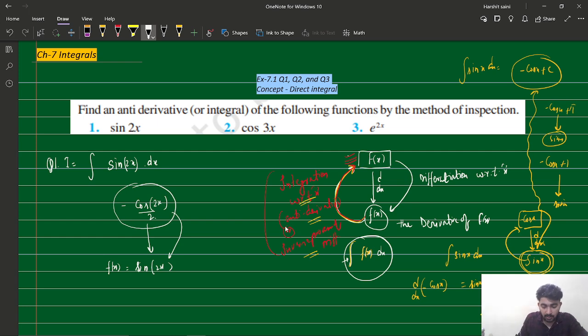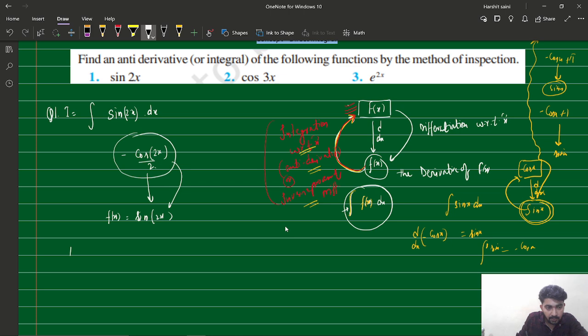Here you can see how we can make it. I equals the integration will be, or you can do it like that also: multiply and divide by 2. Here you can see minus 2 sine 2x dx. And one more thing, I equals, can I write like that, minus 1 by 2 times